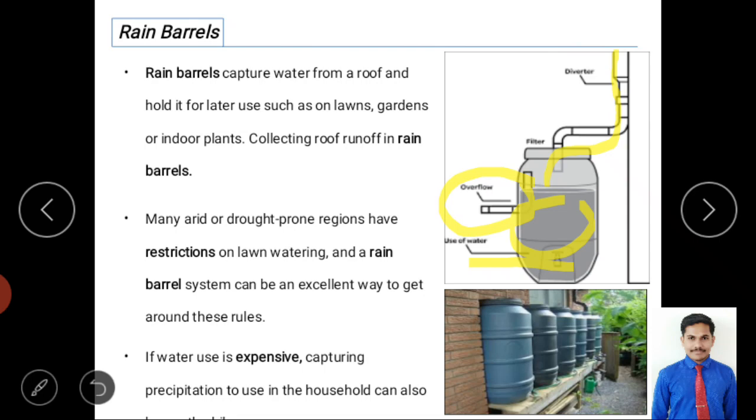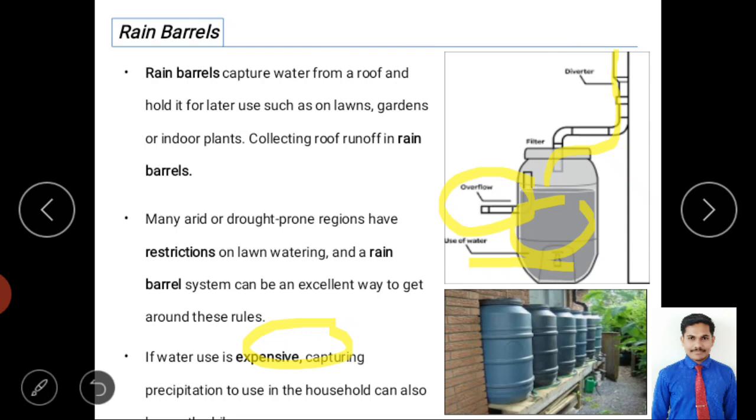So even in that place we can collect the storm water and use it for the garden, right? And if you have a very expensive cost of water, for example in some Arabian countries, they have very little water, and just as we purchase petrol, similarly they purchase water. In that condition, if water is very expensive, it can be stored in a rain barrel, and with some small filtration, we can use the water for drinking also and even for household use, right?